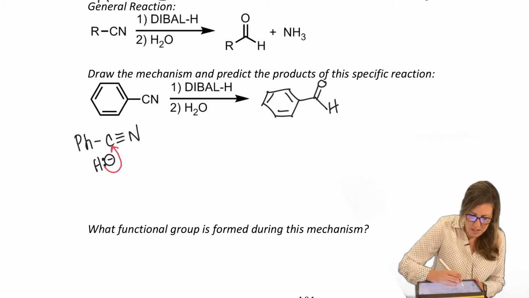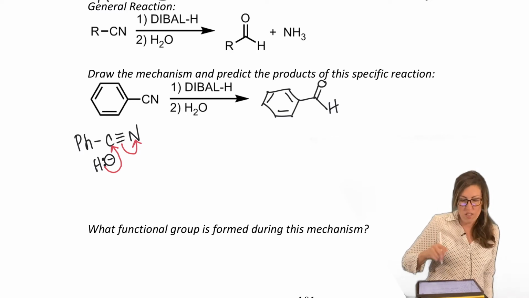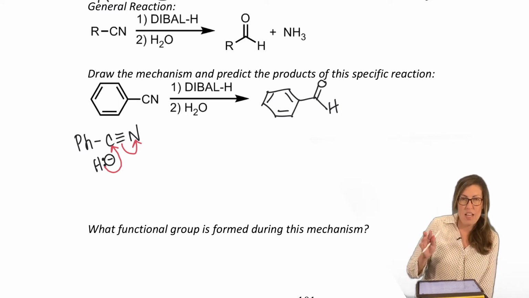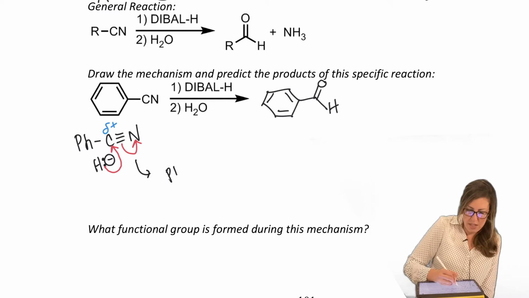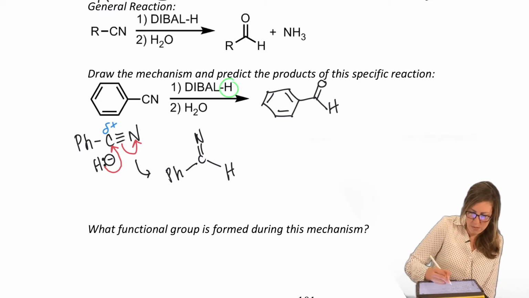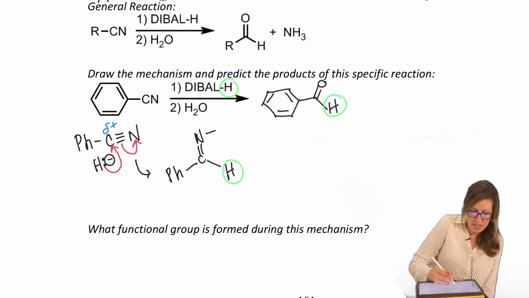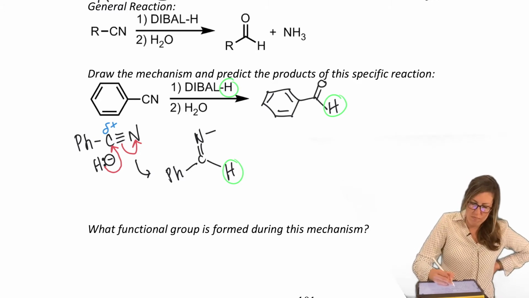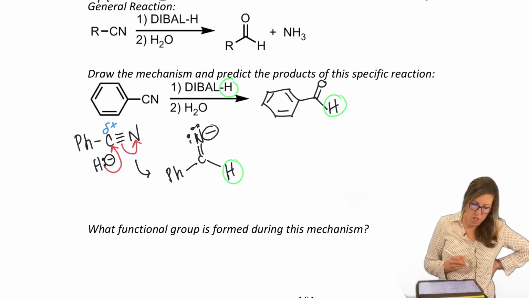Attack, open. Same thing as before. We're in basic conditions. DIBAL is a source of hydride. Okay. We have our delta plus here, so we do our attack open. Okay, that's step 1, and that'll help get you to step 2. So that's our H that's on the aldehyde. We need to figure out, how did that N ever become, this is a minus, how did that N ever become an O?